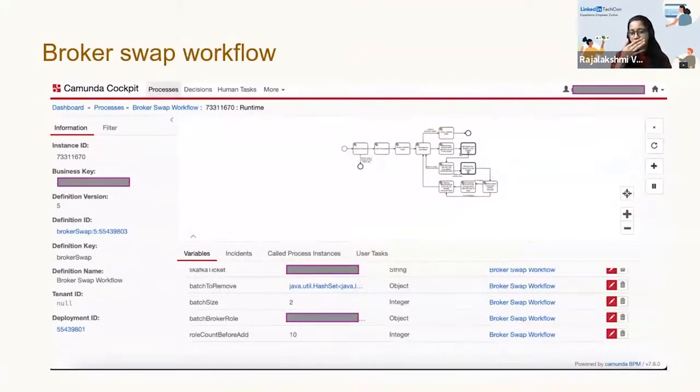So this is what I was talking about. This is the workflow automation engine's UI. The workflow chart here is for a swap operation. It has useful information like tracking the progress of the swap workflow,